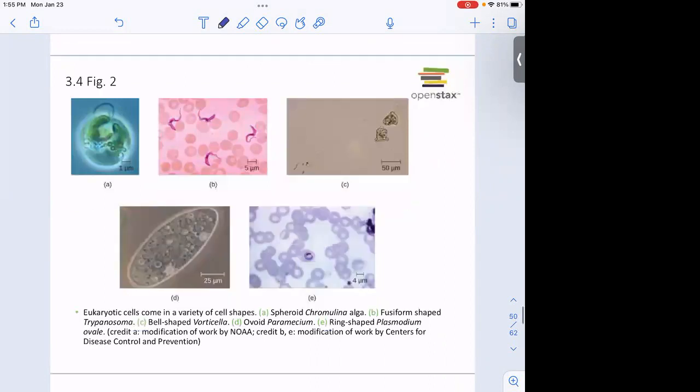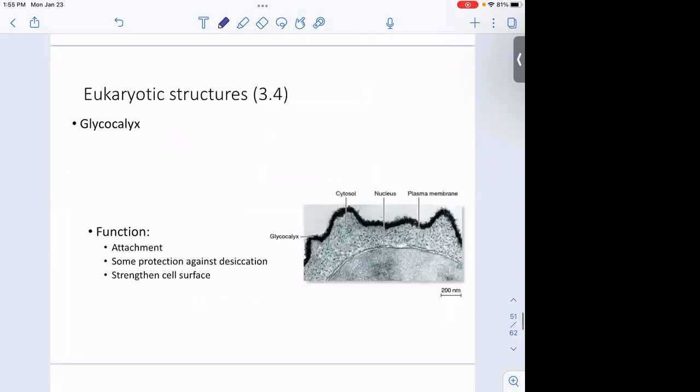Okay. In terms of cell shape, there's anything goes. There's all sorts of different things. So we're not gonna dwell on that like we did. We had some terminology for the prokaryotes there, so we'll skip over that. The first thing that we talked about for the prokaryotes was that glycocalyx. And that's usually much more pronounced for prokaryotes, but there are some eukaryotic cells that have some kind of a glycocalyx as well. If eukaryotic cells do have a glycocalyx, then it's going to be anchored to the cell membrane.